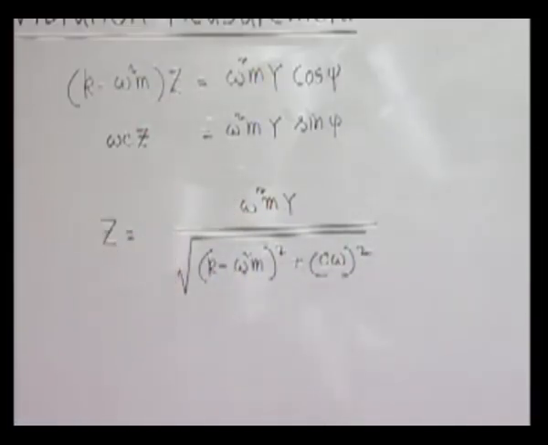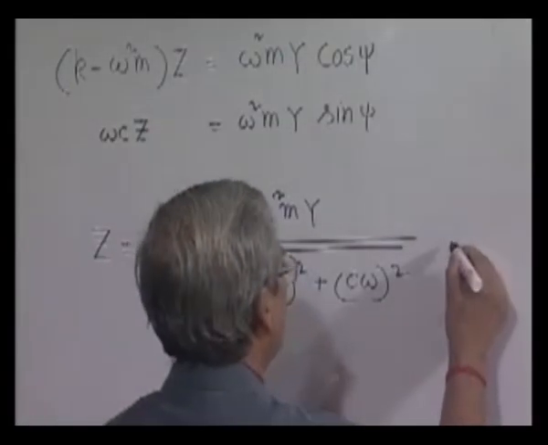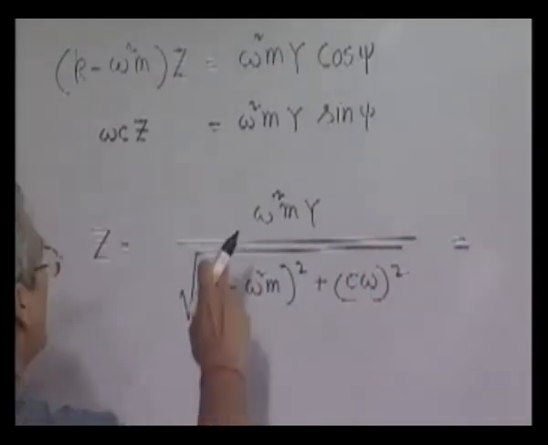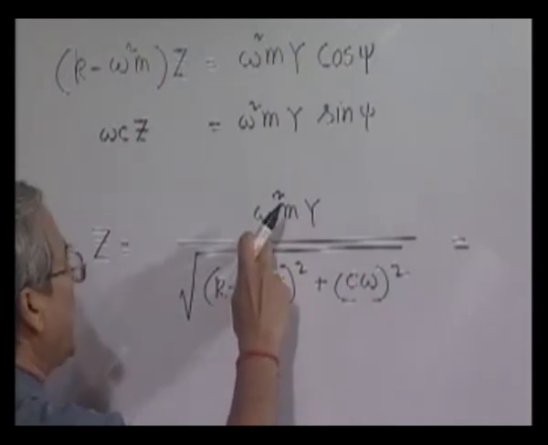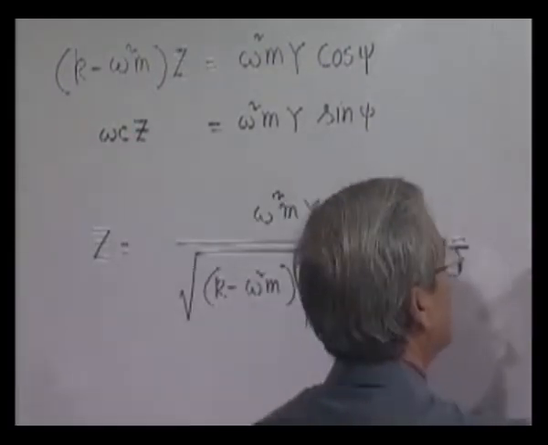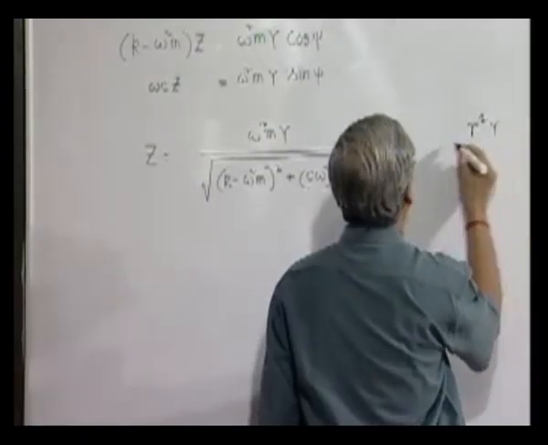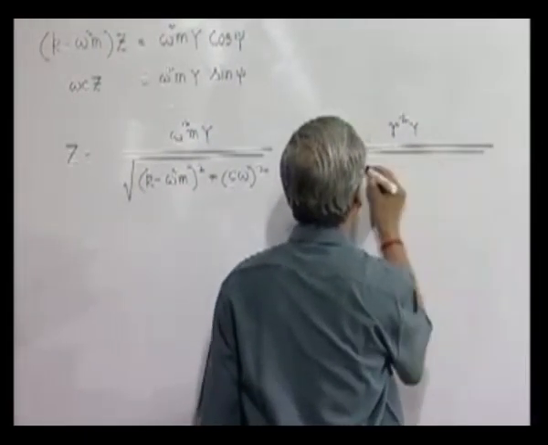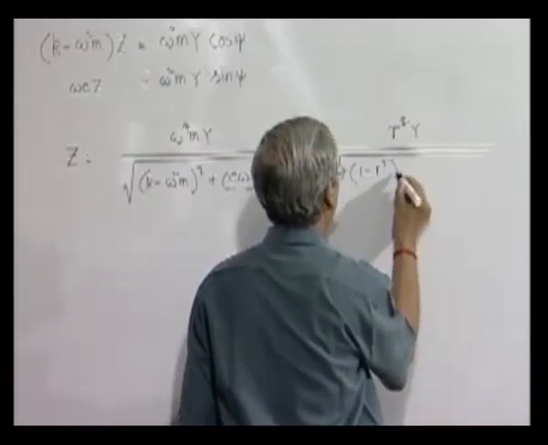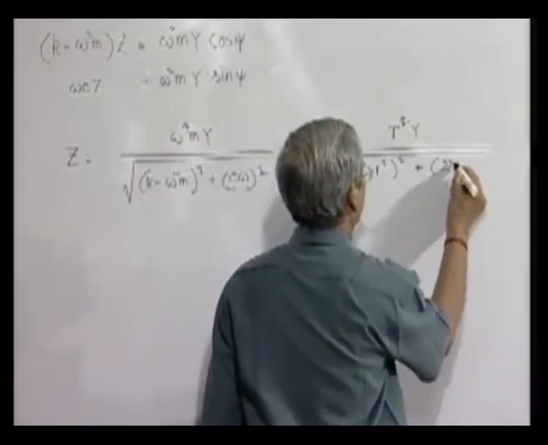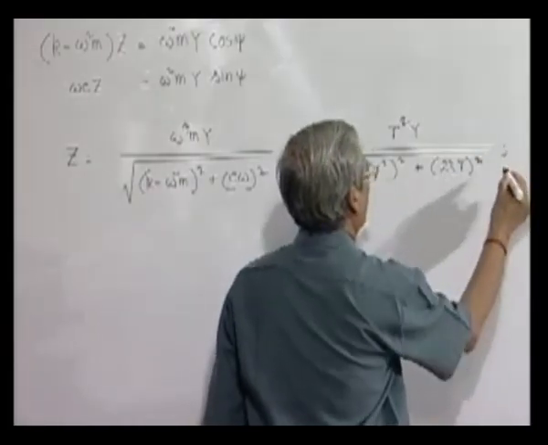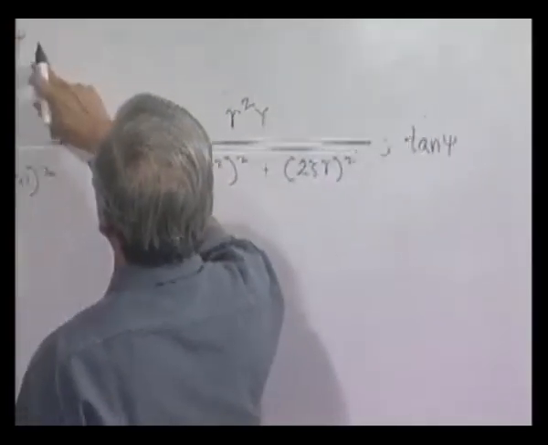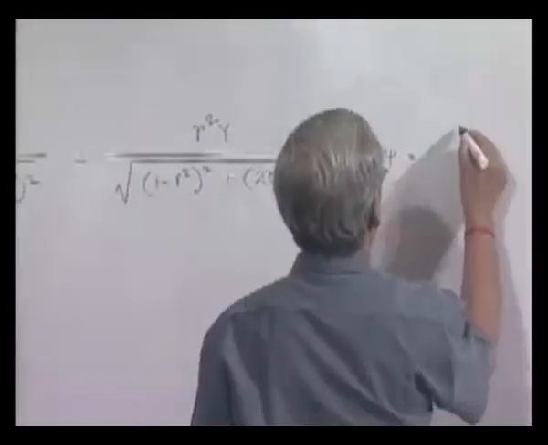Using the same symbols which we have used so far, if we divide both the numerator and denominator by k, this becomes omega square by k by m, that is omega n square, that is r square. r is the frequency ratio. And the denominator becomes 1 minus r square whole square plus 2 zeta r whole square. And tan psi, if we divide this by this, will be given by